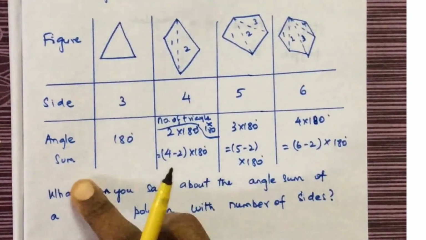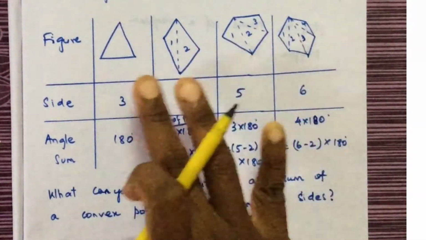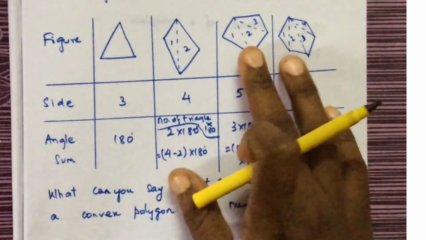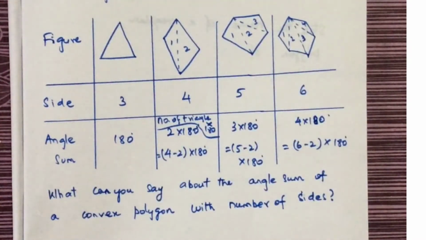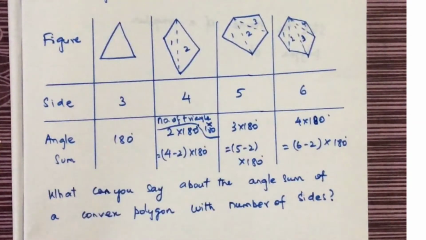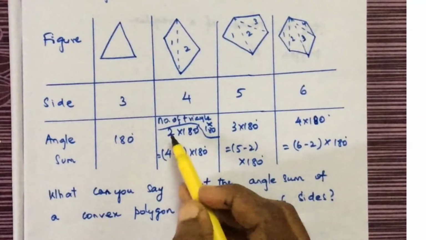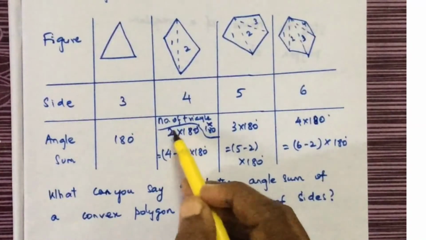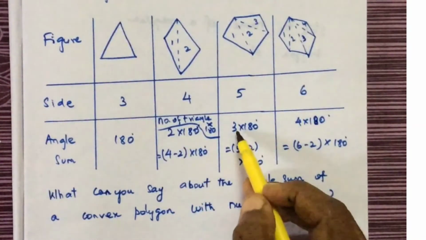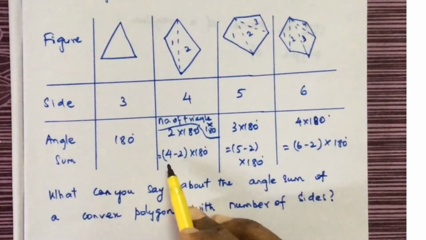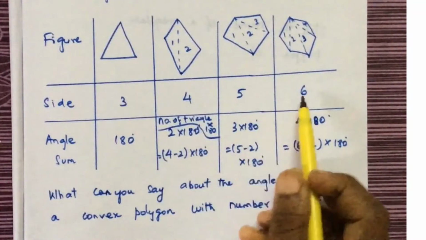So to find the angle sum of any closed polygon, one easy way is to split the inner polygon into a number of triangles. So the number of triangles multiplied by 180 will give the total angle sum. Okay, another way of doing that is, what is given here is this 2, the number of triangles, multiplied by 180. This 2 can be written as 4 minus 2. This 3 can be written as 5 minus 2. This 4 can be written as 6 minus 2. What are these 4, 5 and 6? They are all the number of sides.